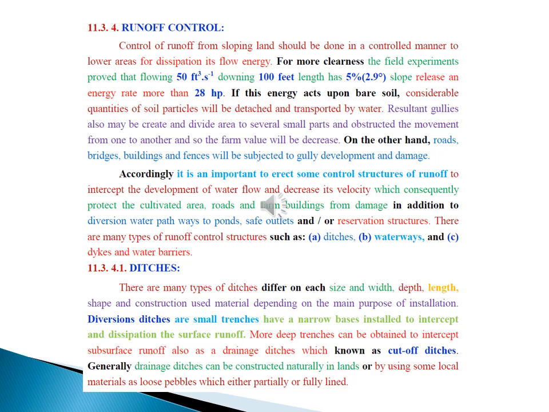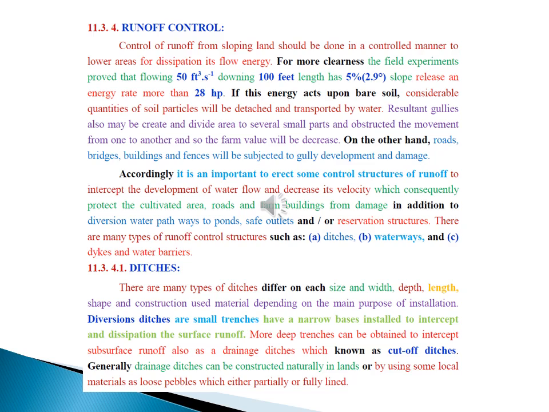Runoff control. Control of runoff from sloping land should be done in a controlled manner to lower areas to dissipate its flow energy. Accordingly, it is important to erect some runoff control structures to intercept the development of water flow and decrease its velocity, which consequently protects the cultivated area, roads, and farm buildings from damage, in addition to diverting water pathways to ponds, safe outlets, and or reservation structures, such as ditches.